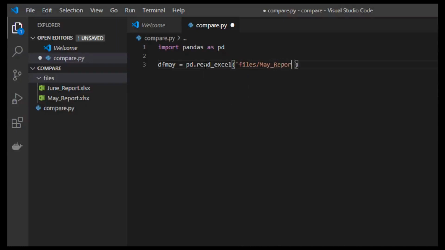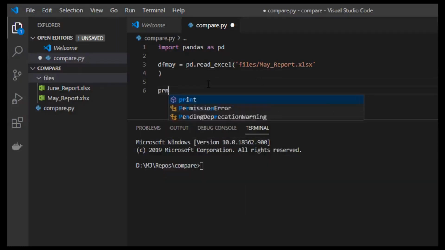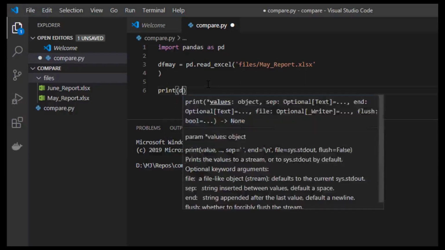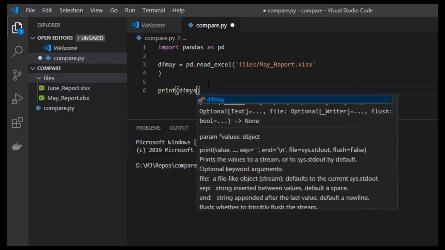So this is going to read the file and convert it into a data frame. Now I'm going to try to print this and execute it. Before executing, I just need to print this value, so I use print of df_may. It's going to print the entire data set that we see inside the Excel file.